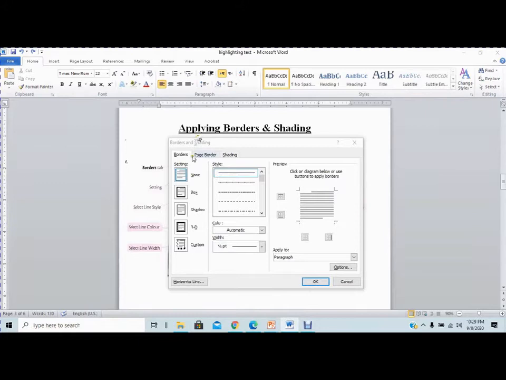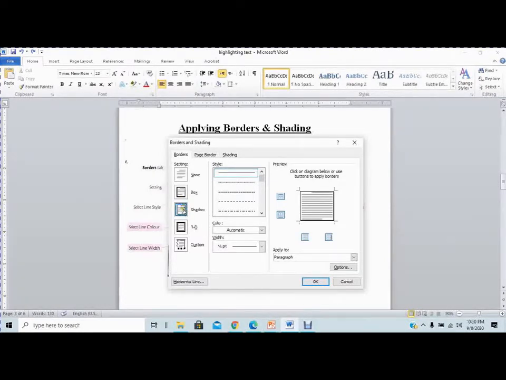Now the borders and shading dialog box you have seen over here, it has been selected. So we will be discussing the features available in it and what changes you can make in them. This is the first one, this is called the border tab. I have selected this one. Next to it, you can see this is setting. Over here, nothing has been selected, so it's none. But if I want, I can have it as a box, or it can give me a shadow over here as well.